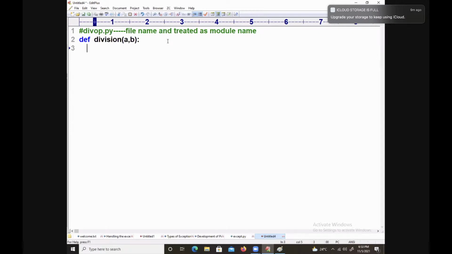Now tell me, according to your knowledge, what we used to do earlier: c is equal to a by b. Very carefully and sincerely try to answer my questions. Here, a is equal to 10 and b is equal to 0. Then tell me, a is 10, b is 0, what is happening internally when the Python environment is computing 10 by 0? Will the PVM do this?